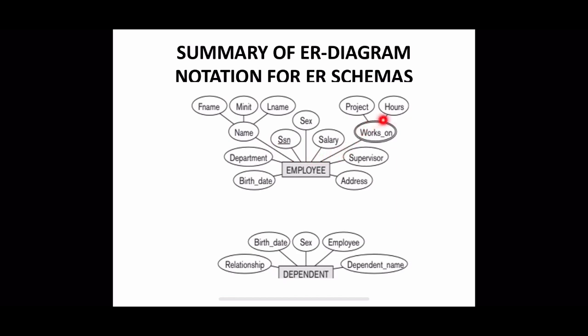Like the works-on is actually a relationship here. We can see what the relation is later. That's also a multi-valued relationship because the same employee can work on different projects. And this relationship has two different attributes, project and hours. Another entity type is dependent, which has 5 different attributes: relationship, birth date, etc. You can note one thing here, that dependent doesn't have any key. So it should depend on some other object to identify it uniquely. We can see those things later.